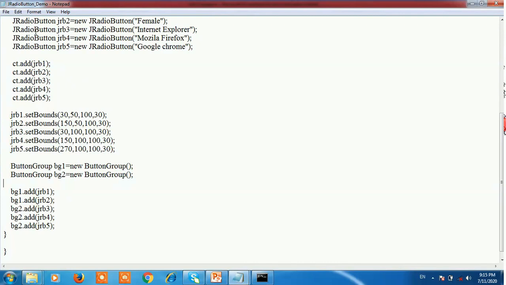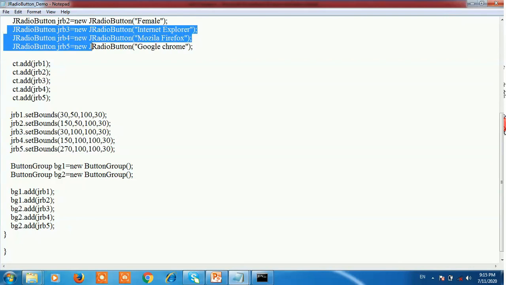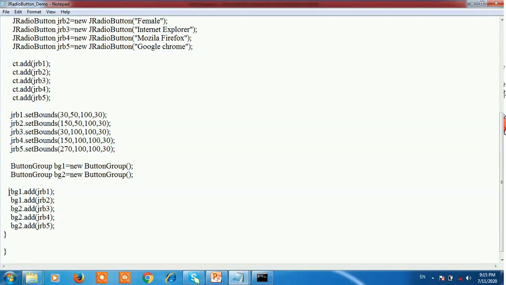See here, radio buttons 1 and 2 go into the first button group: bg1.add(jrb1), this is the object of radio button 1, and bg1.add of radio button 2. Radio buttons 3, 4, 5 are added into the second button group.